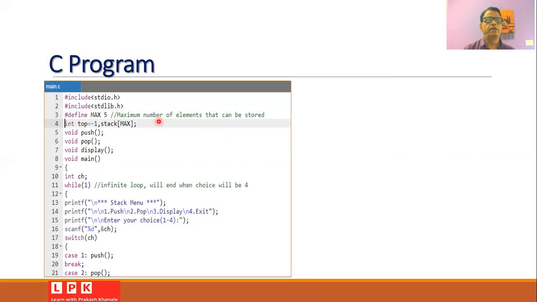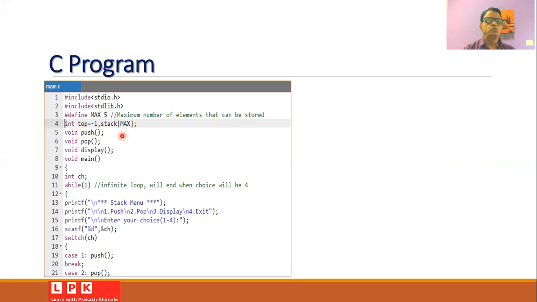We will define the maximum number of elements that can be stored on the stack. We will make the value of top equal to -1, and then declare the stack of size max. So here we are using an array for the creation of the stack.